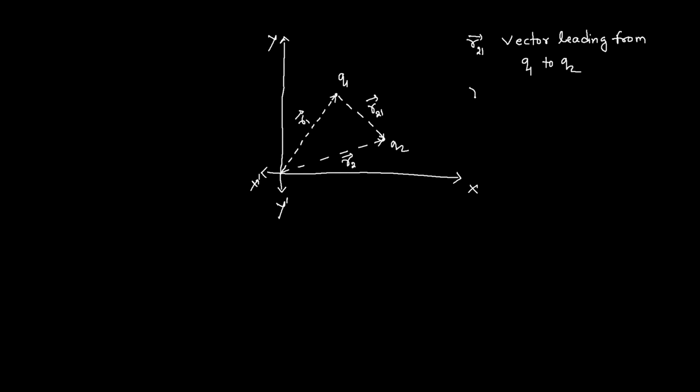If it is R12, then it is the vector leading from Q2 to Q1. ठीक है।